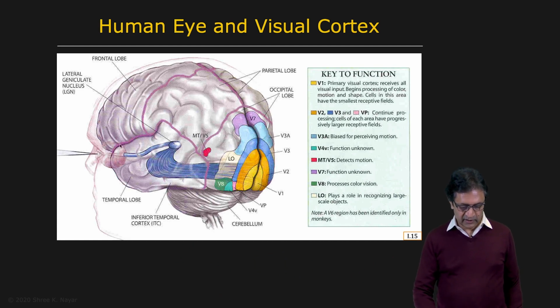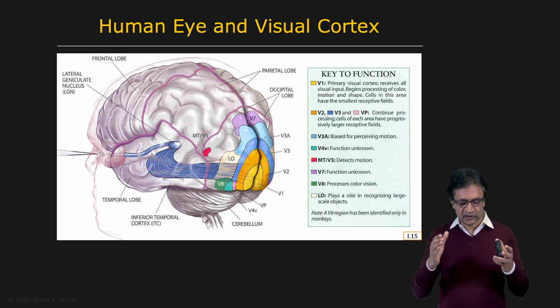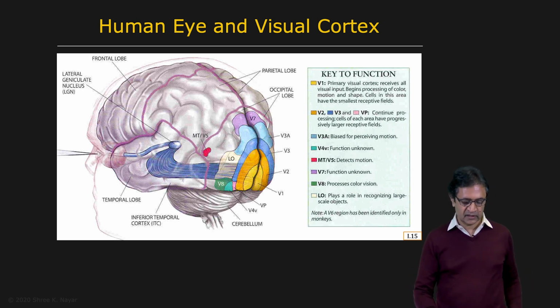Here you see the eye in the front. The eye has a lens which projects the three-dimensional world onto a two-dimensional image. This two-dimensional image is being formed on the retina, which is in the back here. The retina, by the way, has some cells within it that do some early visual processing. So there's a little bit of information reduction that's happening on the retina itself.